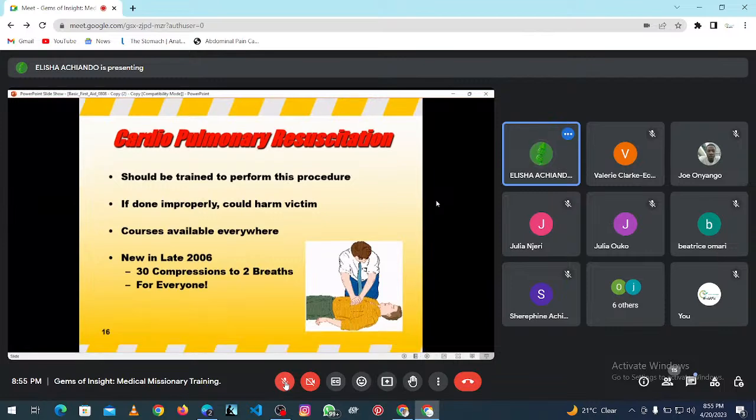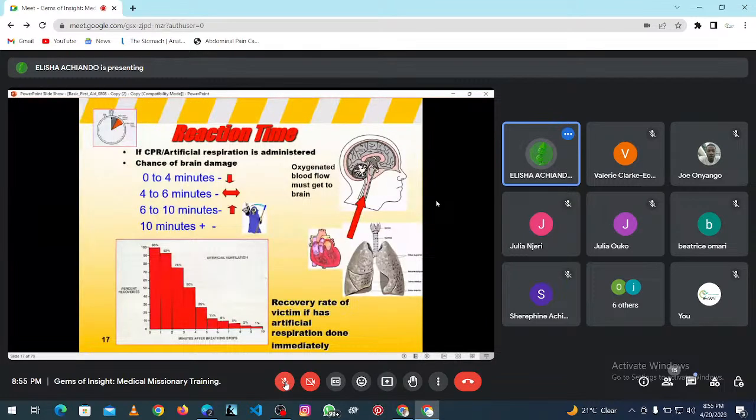Sometimes these people are really in a bad state, so that the heart itself is not pumping. You can even harm them, breaking a rib, to allow oxygen to reach the brain so that these people don't die. So the intensity of doing this depends on how the patient is doing.